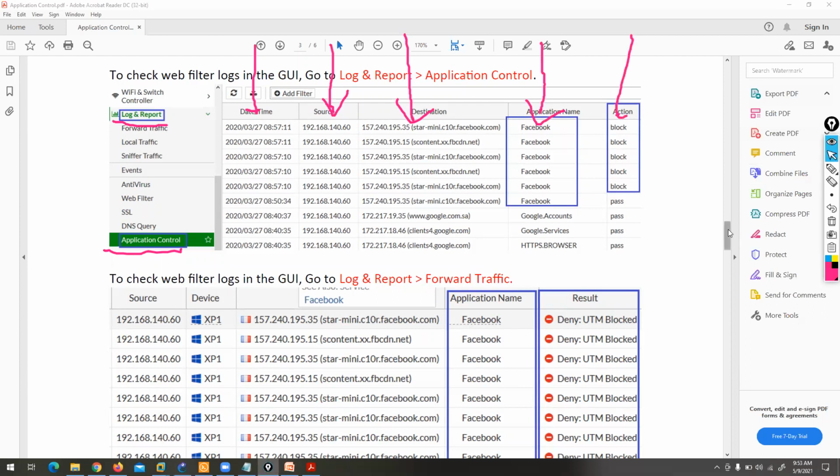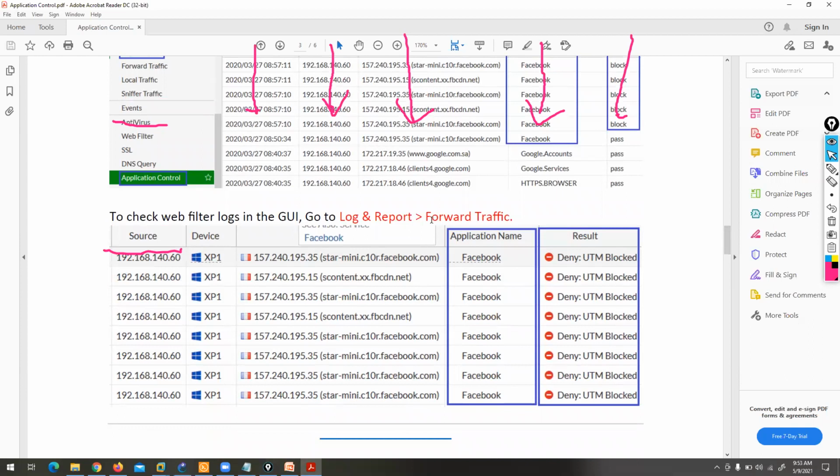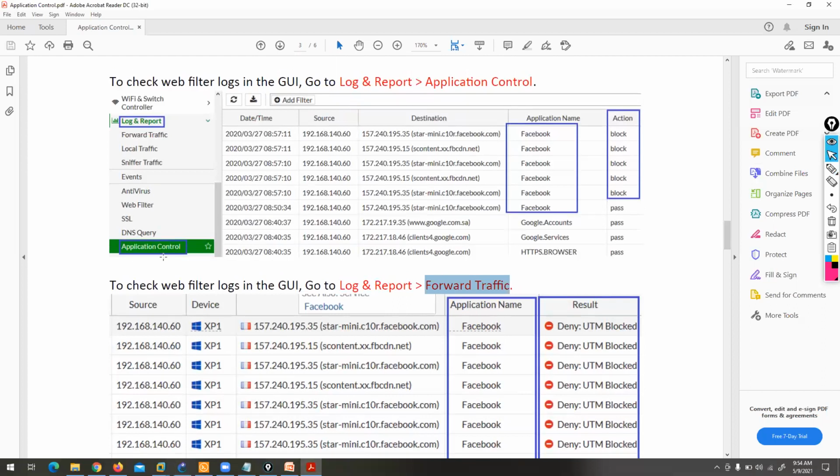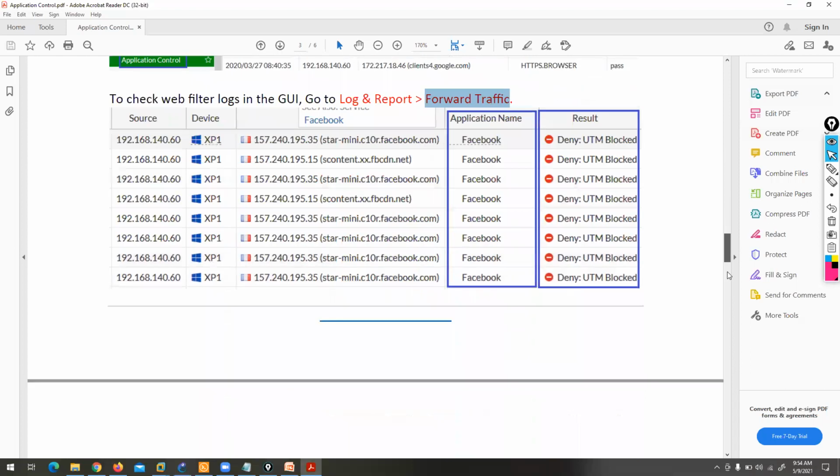In forward traffic, you can get some extra information, such as device information also: from which device, XP or Windows 7 or Windows 10. That is the difference between application control log and report, and forward traffic.